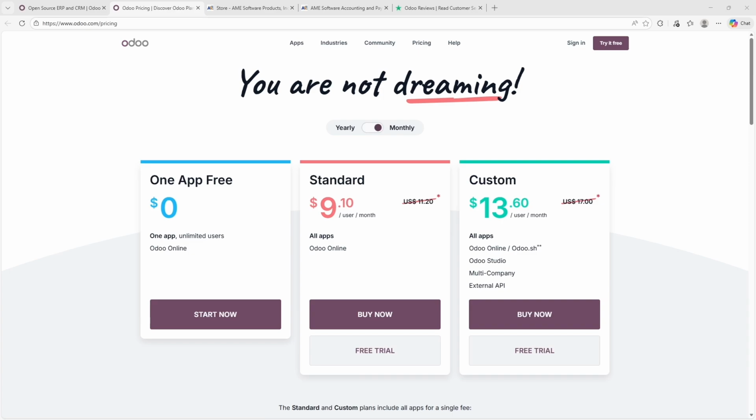Now let's break it down properly, starting with pricing, because this is where Odoo and AME Software immediately part ways. Odoo uses a subscription-based pricing model built around users and access. There's a one-app free plan that gives you access to a single application with unlimited users, which is genuinely generous if your needs are very narrow. Once you move beyond that, Odoo Standard is priced at around $9 per user per month and unlocks all apps